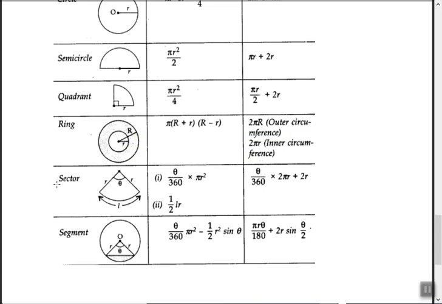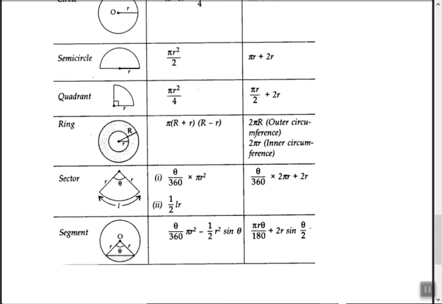Okay, now sector. So sector means what? Area is theta upon 360 into pi r square. Okay, then this second formula 1 upon 2 into LR is of hardly any use to you. It's never used at your level. But then also remember 1 by 2 into length of the arc into radius. These are the two formulas. Then this is perimeter, theta upon 360 into 2 pi r, this is of this part plus 2r, these two inside radius.